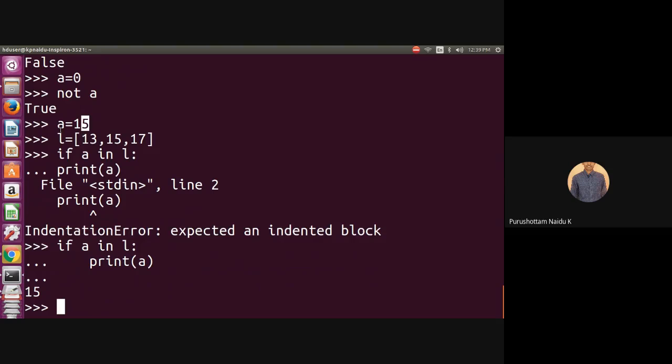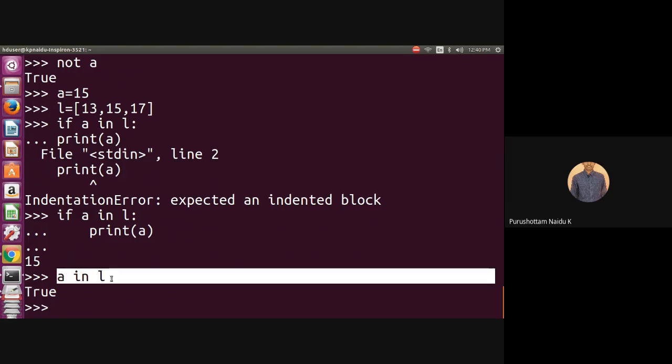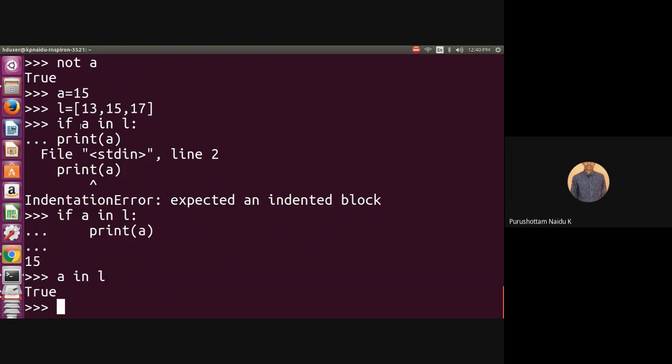That means a in L is true, because 15 is in list L. This type of statement we mainly use for if statements or for loops. For example, if a in L, 15 is in the list, that's why it displays the print a. It displays 15.